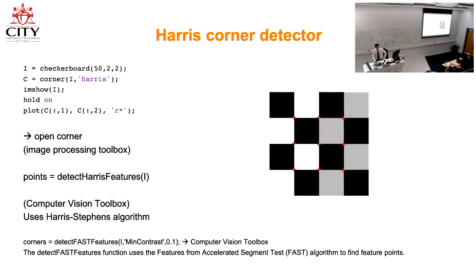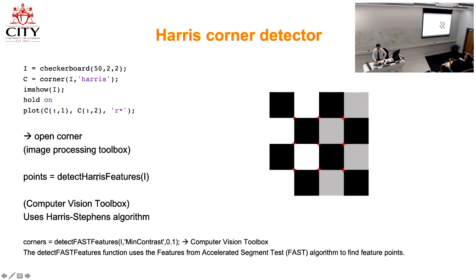In MATLAB, it's very easy to find corners. So if I say I equals checkerboard 52, it generates a checkerboard for me. It's a function to generate this. And then you can say C equals corner I, and the method is Harris. So you give the input image, and then you show it, and then you can show the points that it finds, seen as red. So you can run this,